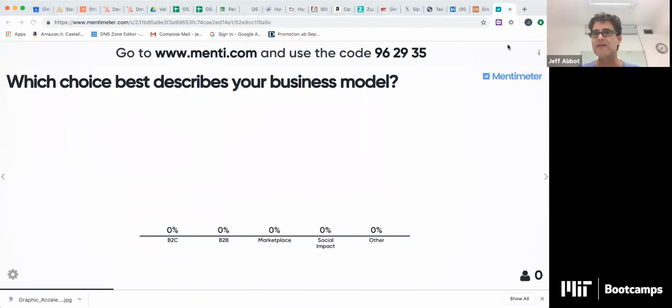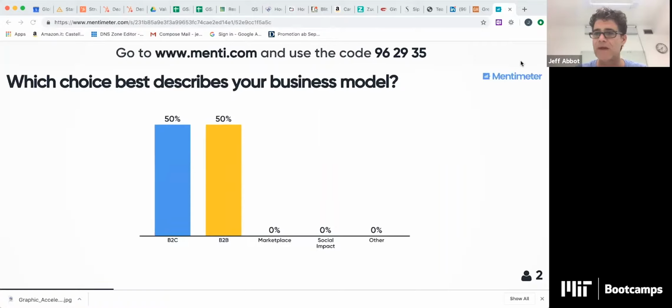So our first question today, and this is a repeat for those of you that were here last week, mainly because we're collecting this feedback and the application is kind enough to store it for us so that we can reflect back on it, is please answer what kind of business model best describes your business today. Is it business to consumer, business to business, a budding marketplace, a social impact business, or perhaps some other kind of business that the world has not ever seen yet?